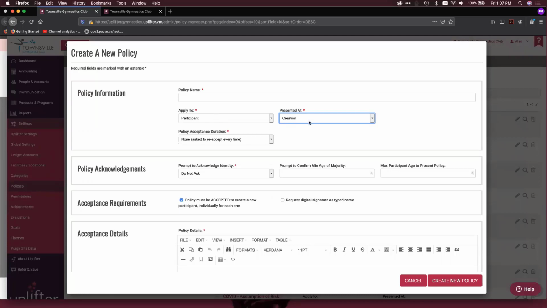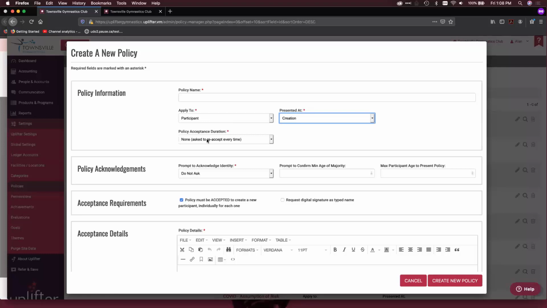You can create these policies as part of your invoice, as part of the time when you actually create a participant, or at the time of login. So as soon as a member has logged in and you've created a participant policy, they would be shunted into their account policies page, and they would be presented with this policy, one for each participant in their account. So lots of different options here for how you're going to apply this policy, and then as well pull that reporting on the back end if you actually ever need to report because you're being audited for a particular reason, or you need to know whether or not these participants have signed off, or the parents for that matter have signed off on a particular policy or waiver.